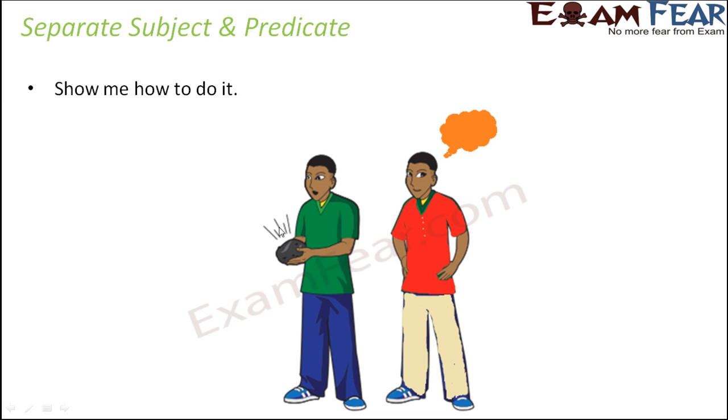Moving on to the next example, show me how to do it. So first of all, identify what is this sentence. So this sentence is an example of imperative sentence, because we are giving an order to someone else to do something. We are asking someone else to show me how to do it, right? So that means this is an imperative sentence, and in imperative sentence, the subject is so obvious that it is not mentioned. So basically here, the subject is you, which is not mentioned. So that is called understood subject. So whatever you see as part of the sentence is the predicate.